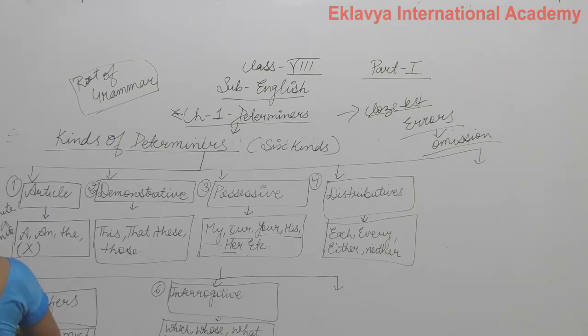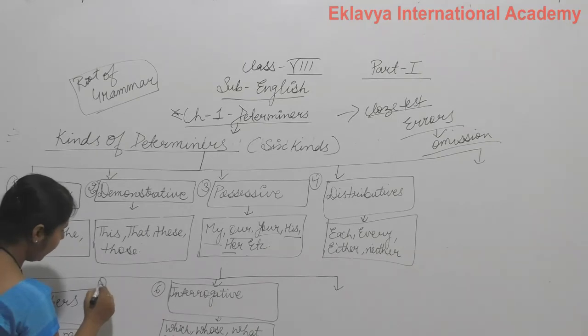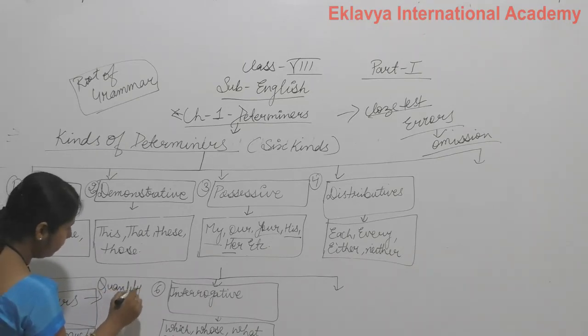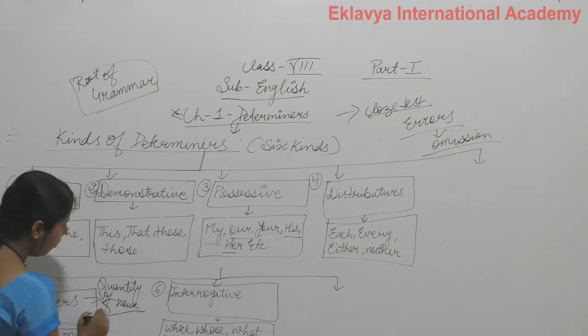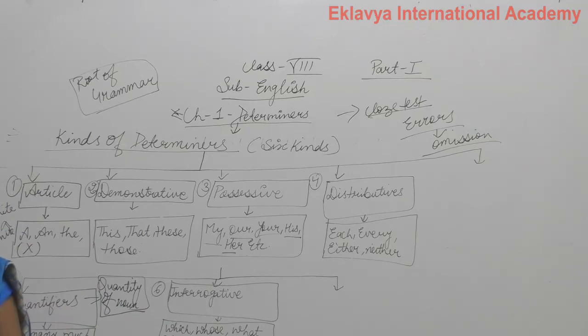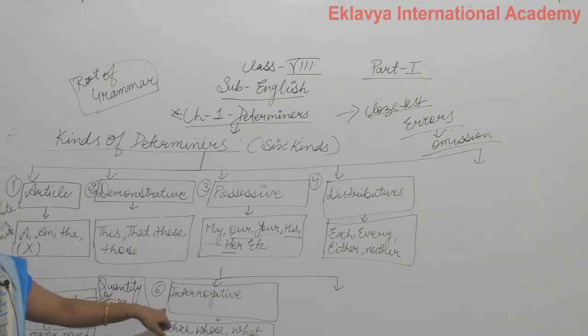These topics we discuss separately in another class. First of all, I give you an introduction about the determiners, so all this we discuss in the next class. I think you all know quantifiers, which tell us about the quantity of a noun. Quantity of noun means हमको किसी भी चीज की क्वांटिटी बताता है. That is called quantifiers.